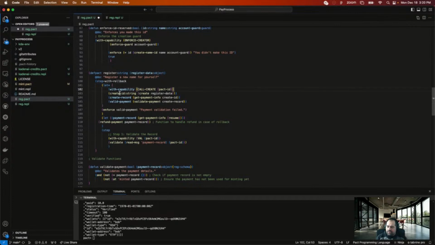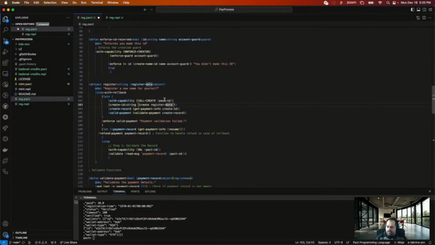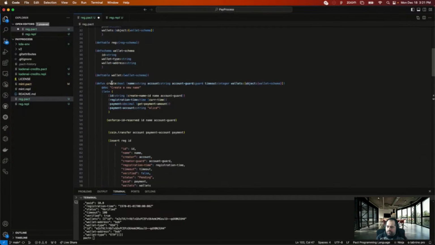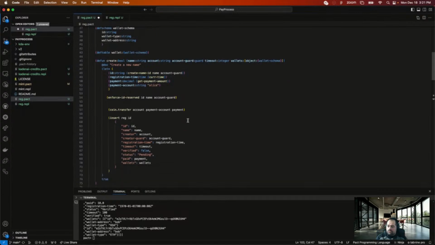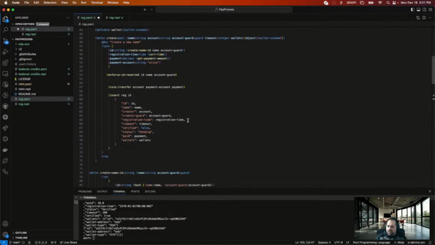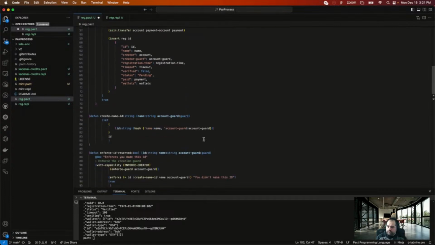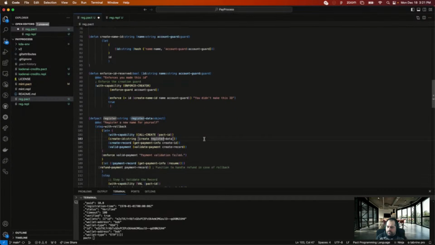Create PACT ID, create IDs, create with register data. Create uses. Oh, so all that. So that'd be like, we'll have to break all that out in a minute too.